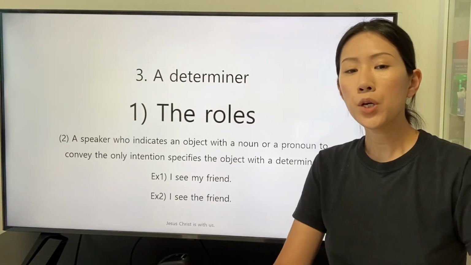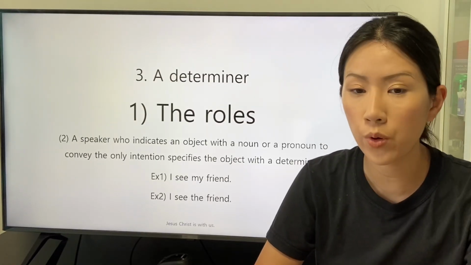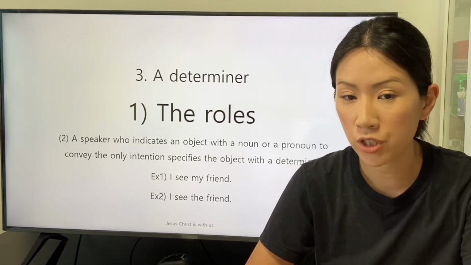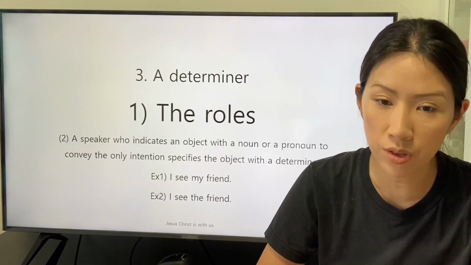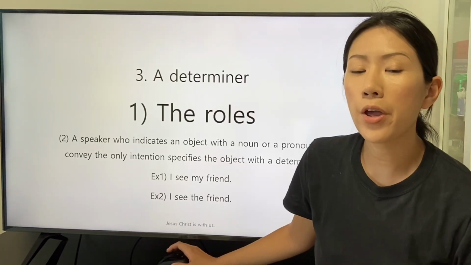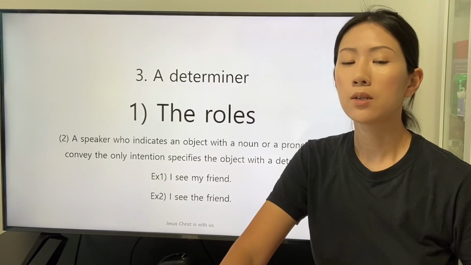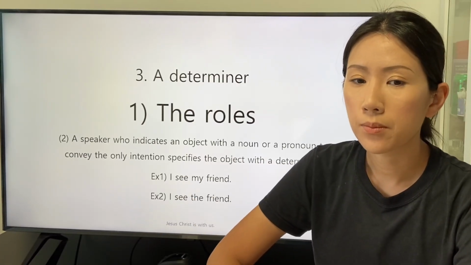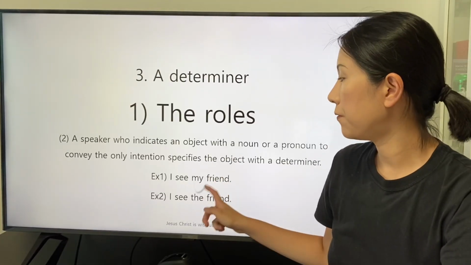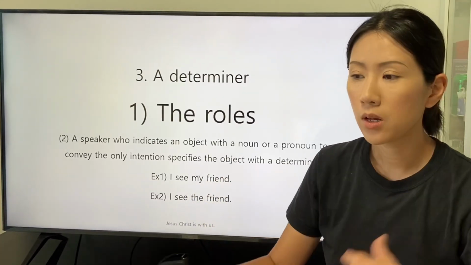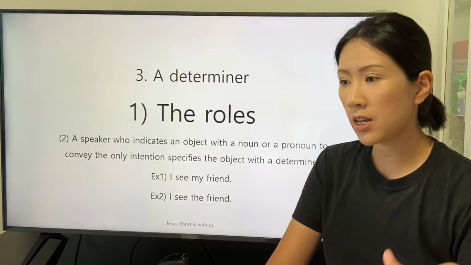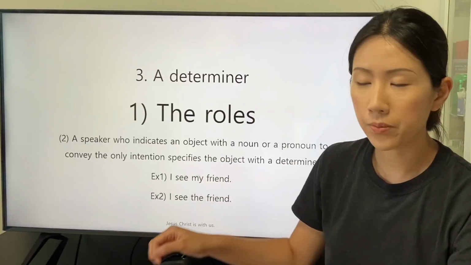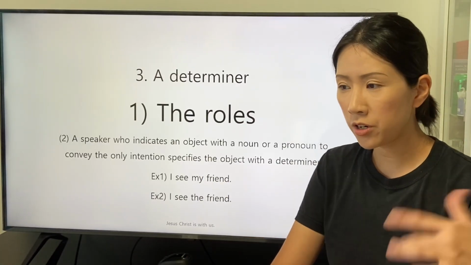A speaker who indicates an object with a noun or a pronoun to convey the only intention specifies the object with the determiner. There are two clauses. I see my friend. I see the friend. Let's suppose that the object indicated by the general noun friend is the same person in both clauses. From the application of each determiner, the listeners can understand